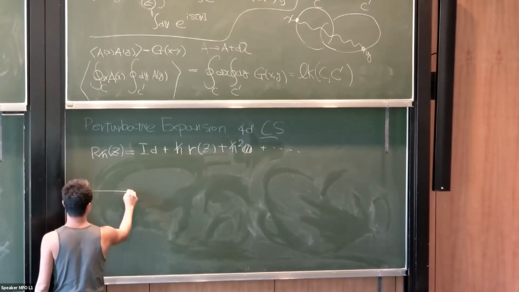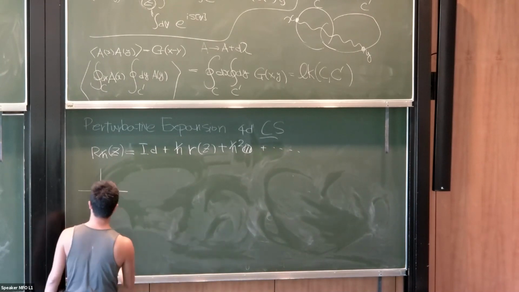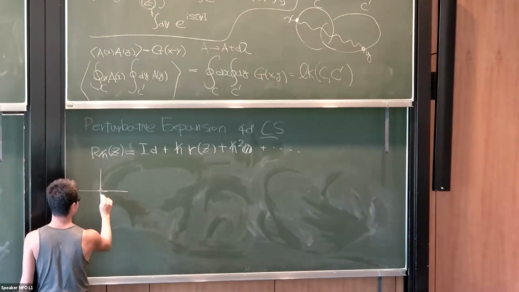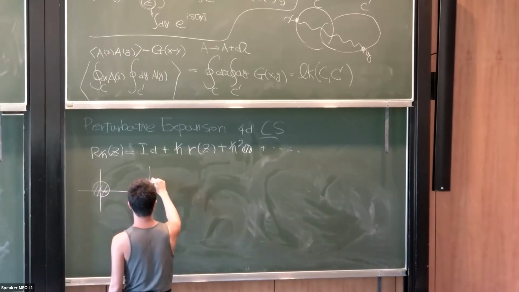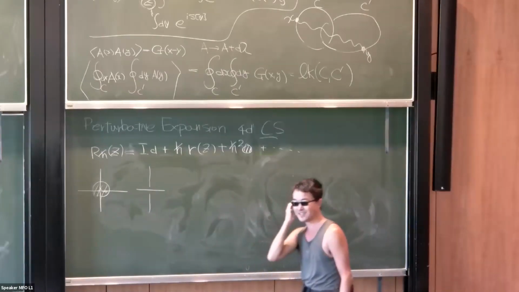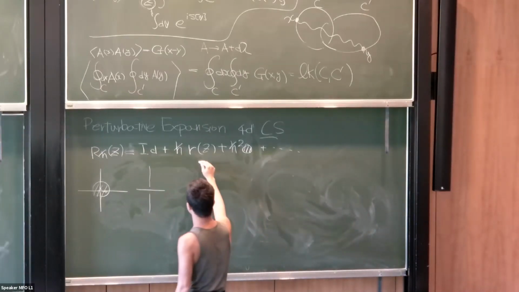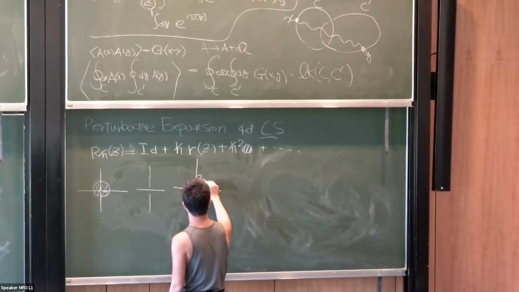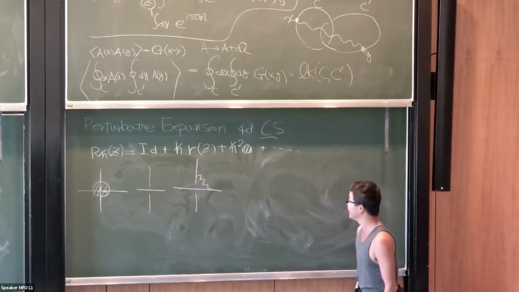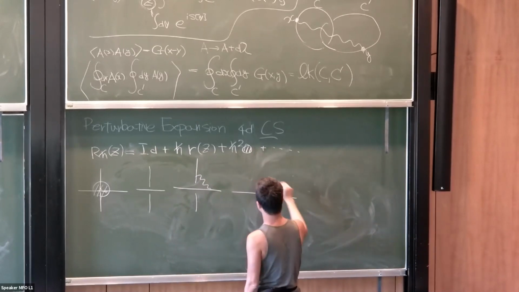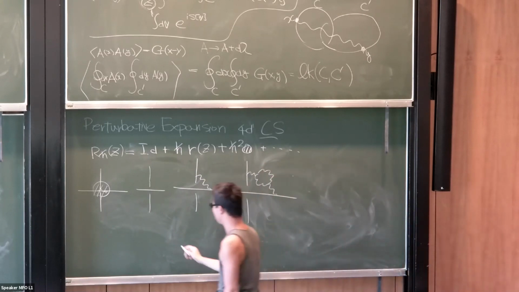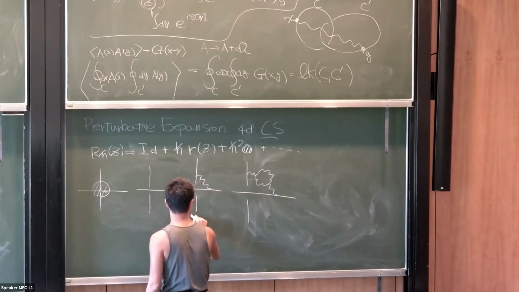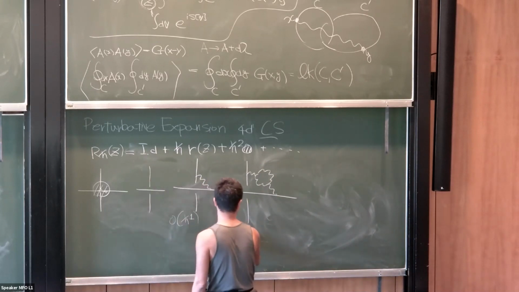This comes in because you have two lines. They actually don't touch each other. Let me write it like this, just to emphasize that. First, something might happen here. The first possibility is that nothing happens, so this is the identity. The second possibility is that the simplest thing happens, where there is a single line branching off. And then there are subleading corrections. There is a diagram like this, for example. So this is order h bar to the zero, this is order h bar, and this is order h bar squared.